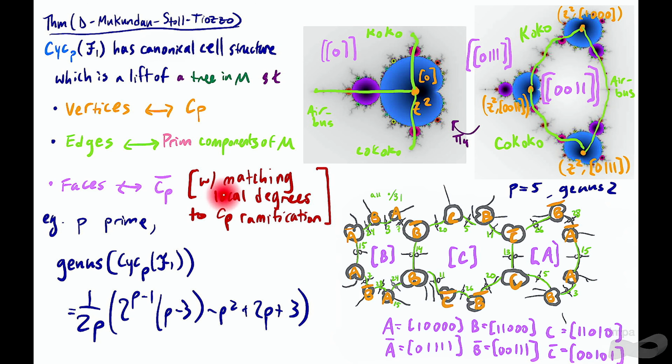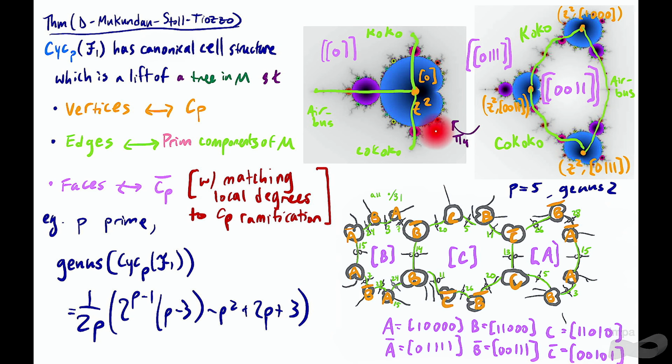And then finally, for the reason that we talked about at the very beginning about how we had kneading monodromy as we went around in the Mandelbrot set, faces then correspond to elements of CP bar, and also explicitly in the sense of the matching local degrees. So if we look at our projection map, if we look in a little loop around here, we'll see one cusp of the Mandelbrot set. So this only has degree 1 mapping onto here. This is kind of like an outside-in version of the Mandelbrot set on the interior face right here. But on the outside face we'll see one cusp, we'll go around, we'll see another cusp up here, and we'll go around. So this is a 2-to-1